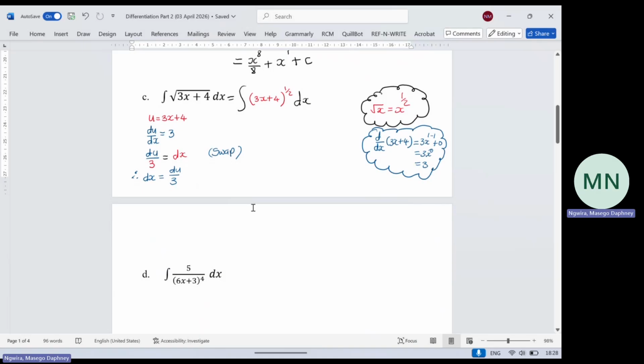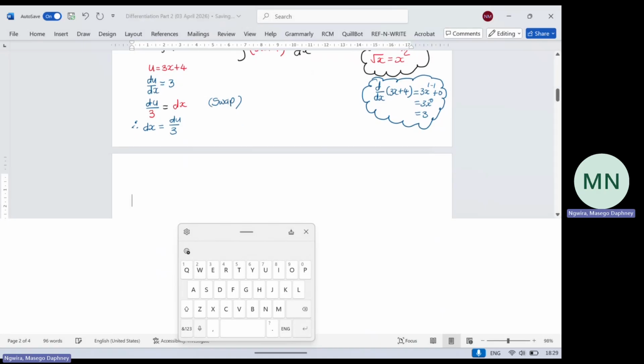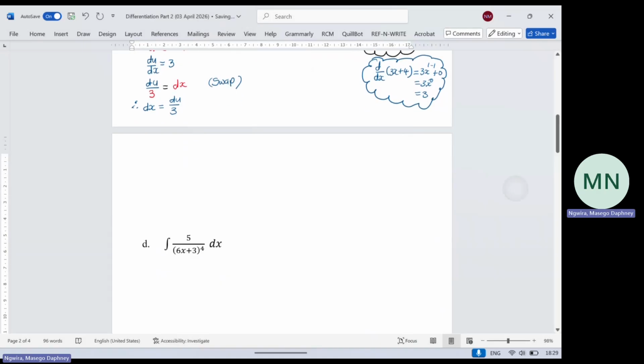So now, when we integrate, the integral of (3x + 4) to the power of 1 over 2 dx is going to be equal to